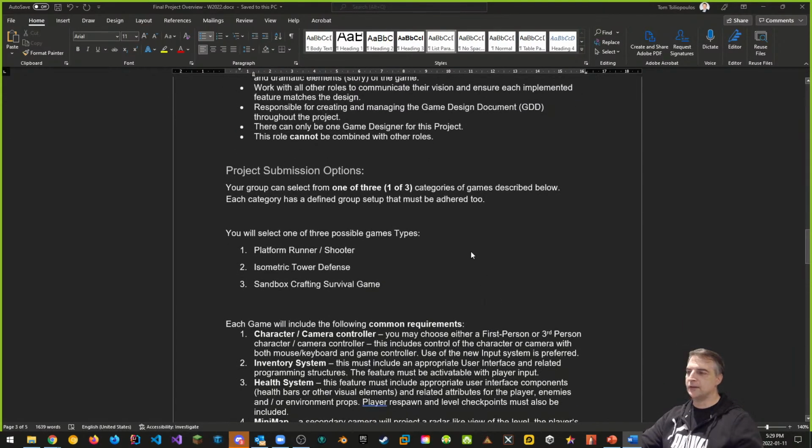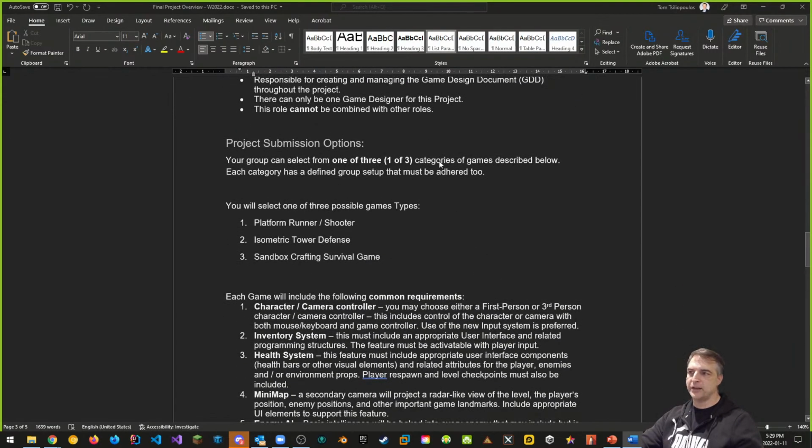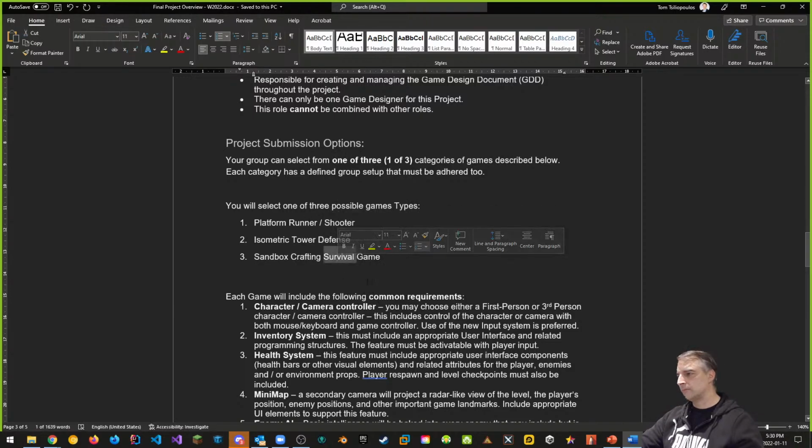So what are you building? Your group can select from one of 3 categories of games described below. You can't just make anything you want. These are the ones you can make. You can make a platform runner shooter, 3D. Okay, remember, you're going to make this work on mobile devices, so be careful. Some kind of tower defense game, all right, or a sandbox crafting survival game. In order of difficulty, I would say that this is number 1, so easier, medium, much more difficult, okay,